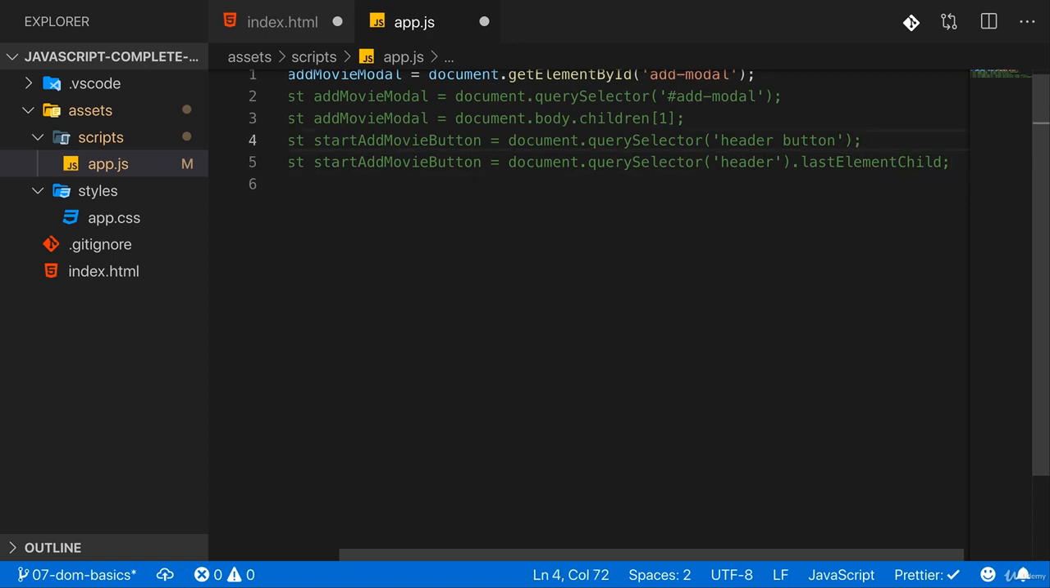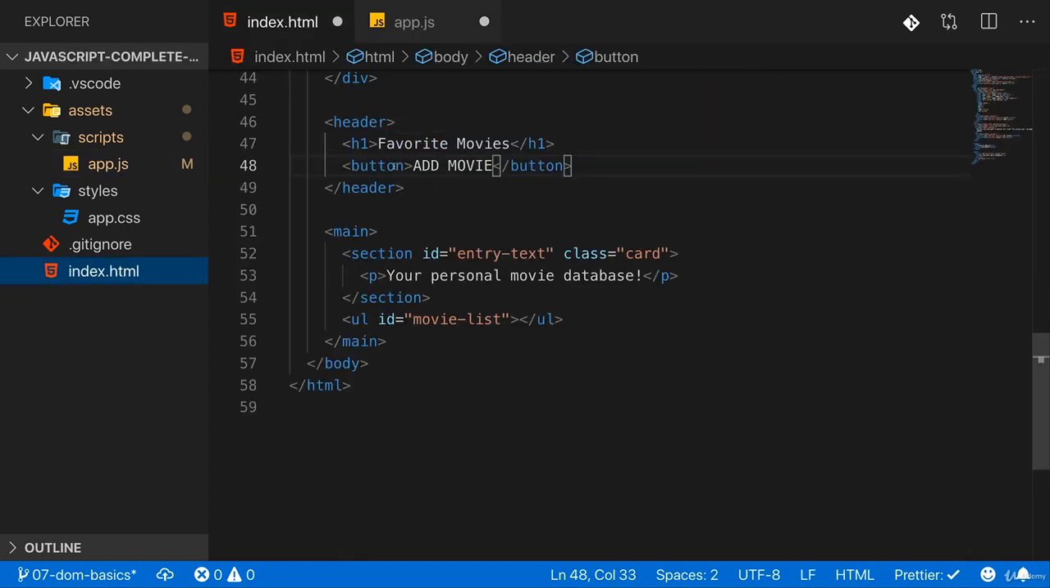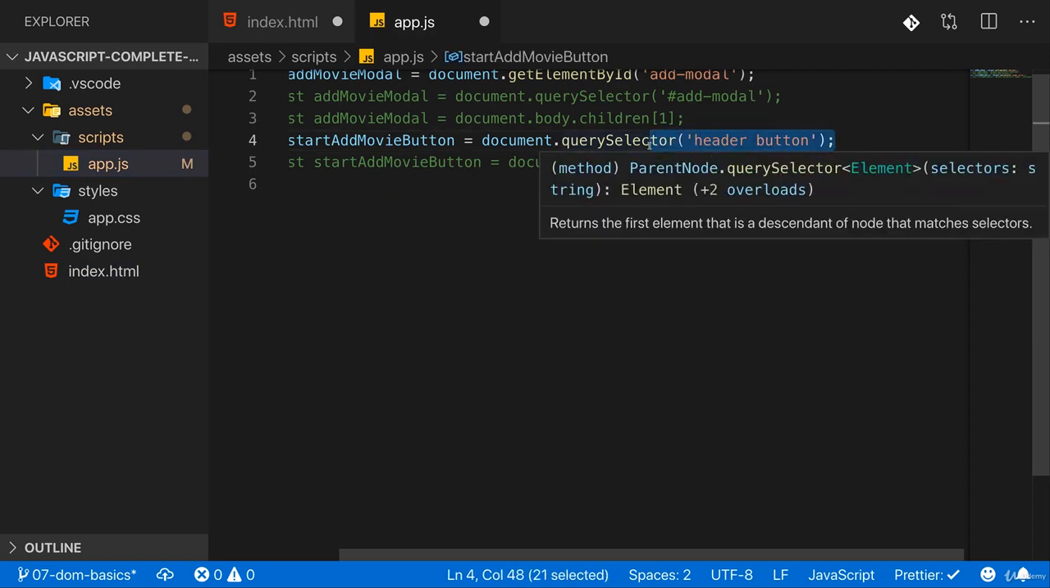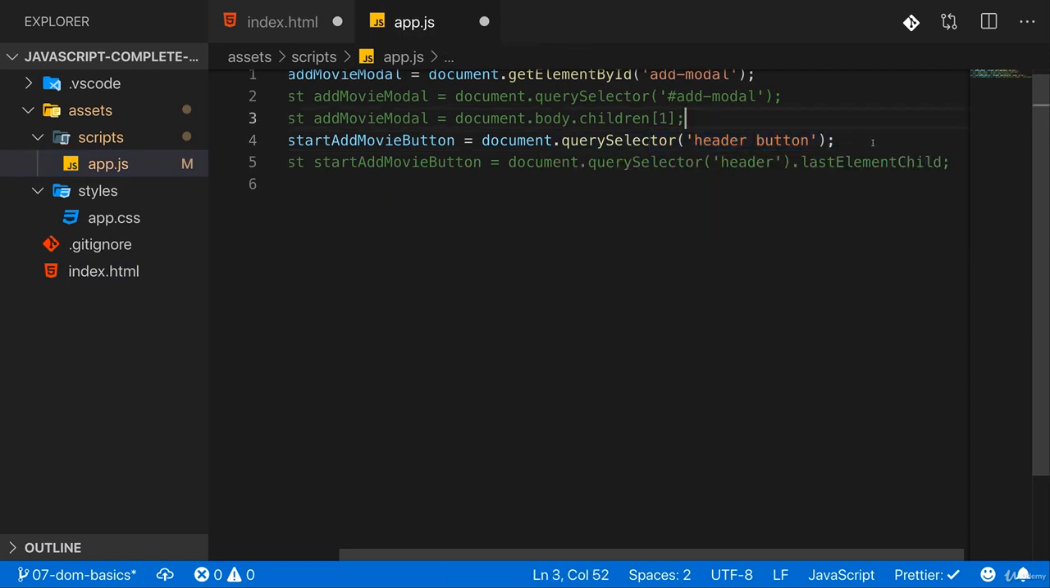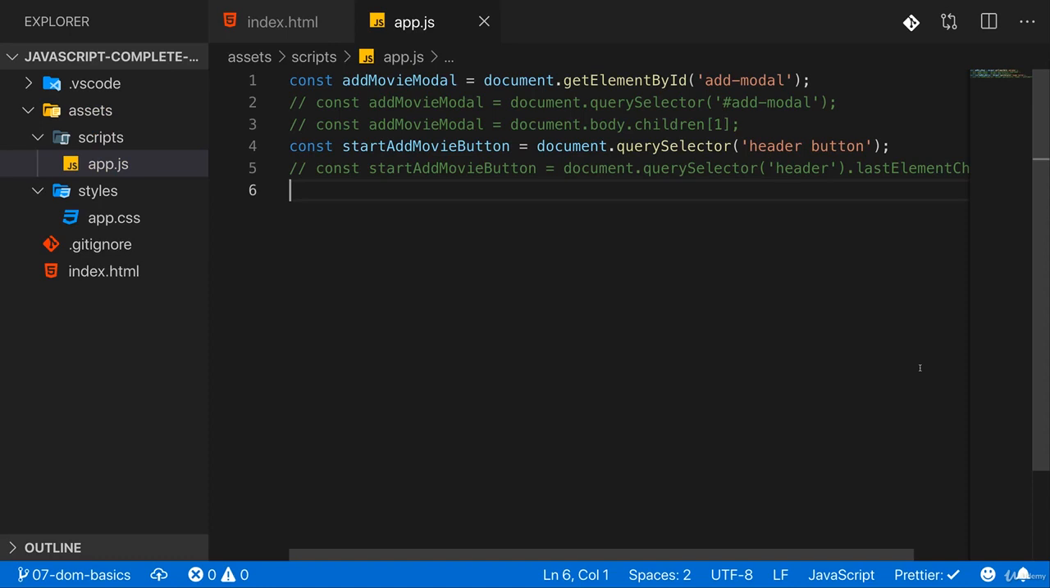So therefore, I actually prefer this approach. As I mentioned earlier, an alternative would have been to add an ID to this button, but also to mix things up, let's use this query selector. So that was a lot of talking about selecting elements, but of course it is an important part of working with the DOM, and I want to be sure that you really know how that works and which options you have there. Now with that all selected though, let's add an event listener to the start add movie button because